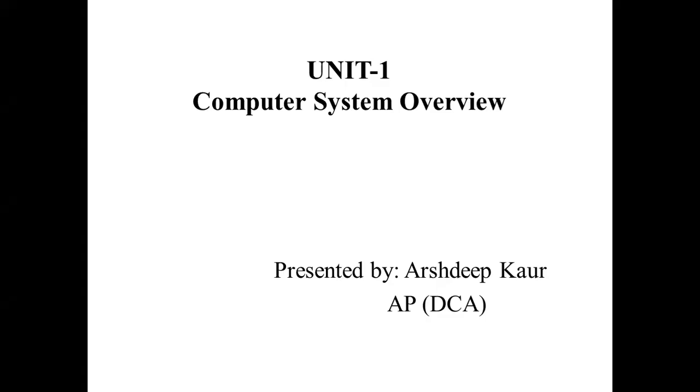We also need to study what hardware is, what software is, and the various different types of peripheral devices. Peripheral devices means input output devices like keyboard, mouse, printer, scanner. Everything we have to study in unit 1. And again, in this unit, we have to study processors also, like Intel i1, i2, i3, i4, i5. So unit 1 is basically about the overview of the computer system: what a computer system is, its characteristics, its various modules, its operations, software, hardware, and peripheral devices. We have to discuss all this in our unit 1.